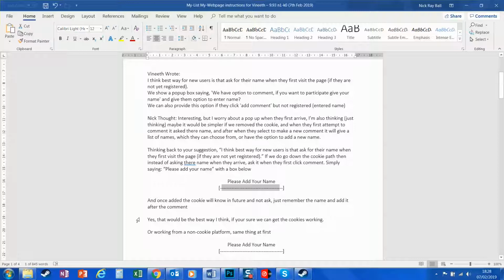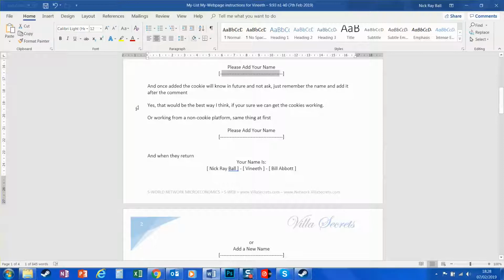And if in case the cookies are complicated, in case it's simpler to make it simple, then yes, that would be the best. But the cookies will be the best way if we can get the cookies working. But this way that I'm going to propose now, I think is simple enough to use, and it doesn't involve needing the cookie. Okay, so working from a non-cookie platform,